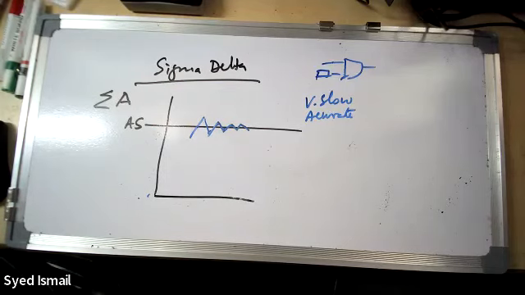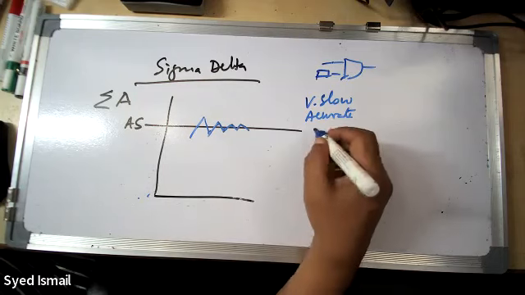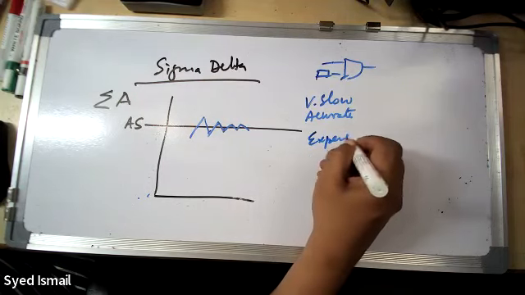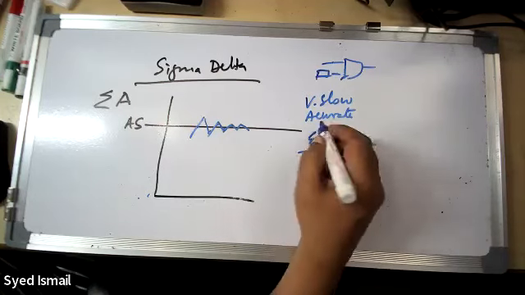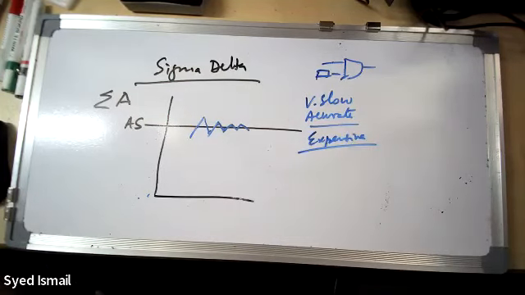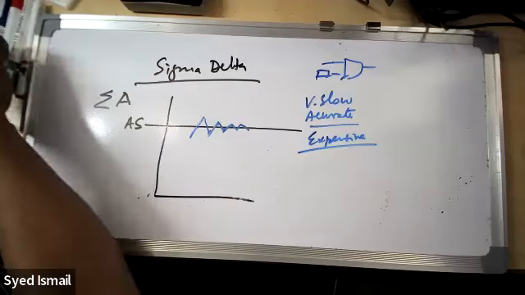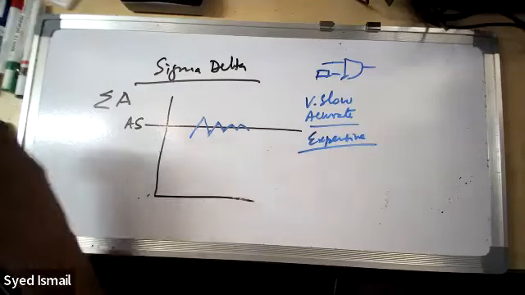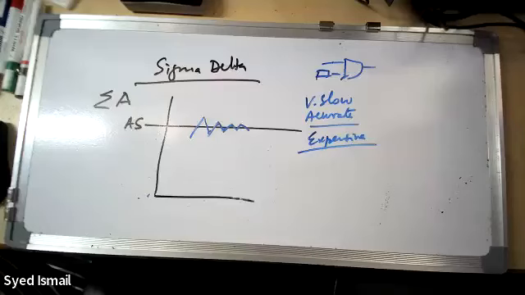Even kilohertz speed you can get, but normal sigma delta is in the range of only a few hertz that you'll be using. Kilohertz is also available. They're a bit expensive. Really, they're the most expensive. They are accurate compared to all the three types. With sigma delta you get more than 24 bits of accuracy, and they're used for weighing balances. For example, you prefer a very accurate sigma delta. It's a slow process. Weighing will not be so fast.